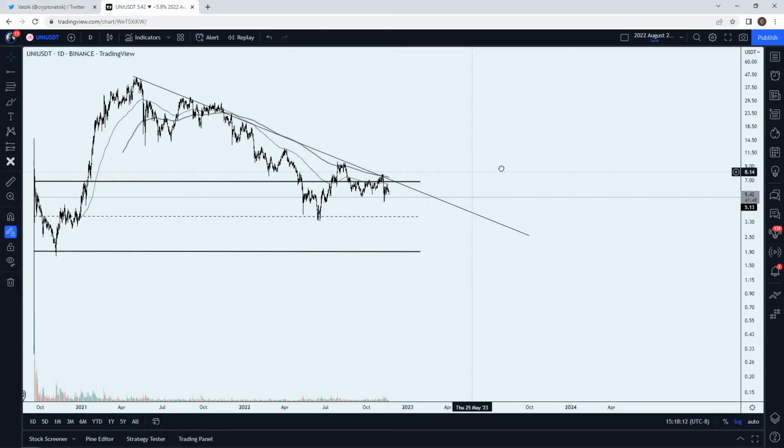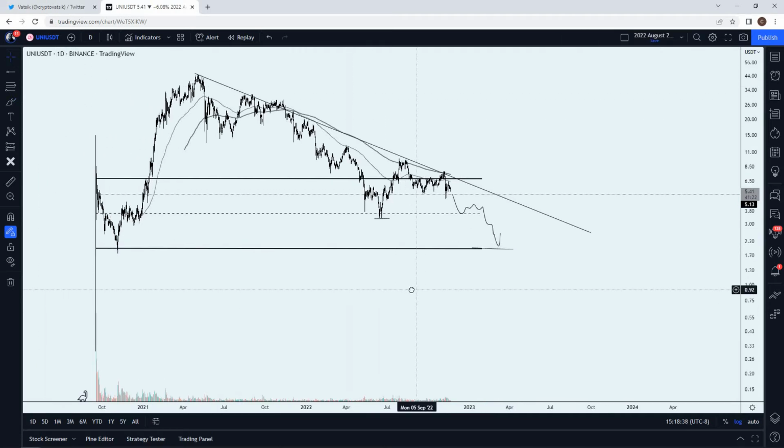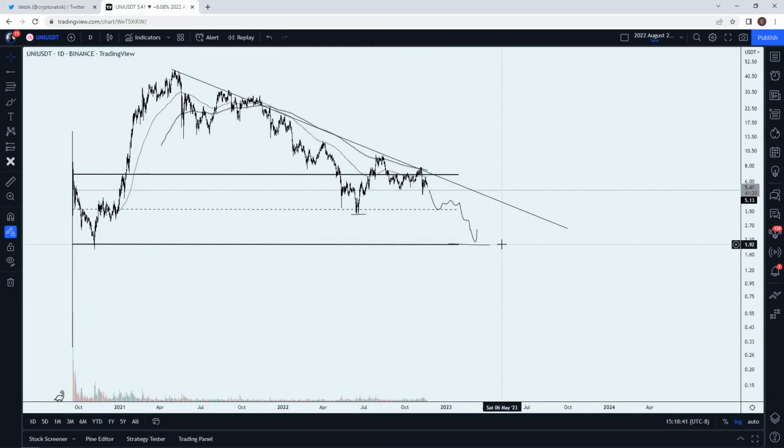So plan for the worst, hope for the best. My plan for the worst here would be basically just assuming that this trend is going to be continuous resistance. We come back down to the EQ, and then I'll be closely watching any kind of deviations or breaks of this low right there. So basically, all the way down to potentially just under $2 from this low over here. And I know that sounds pretty bad, but getting in long term on a coin like Uniswap at below $2 provides super high opportunity, in my opinion.